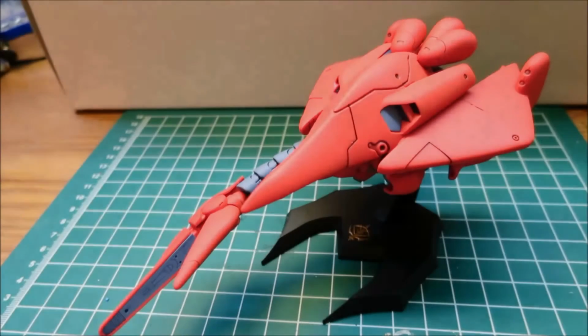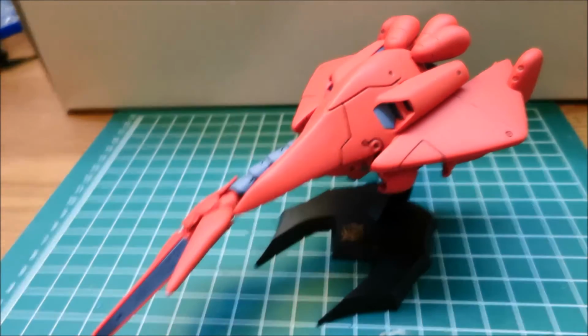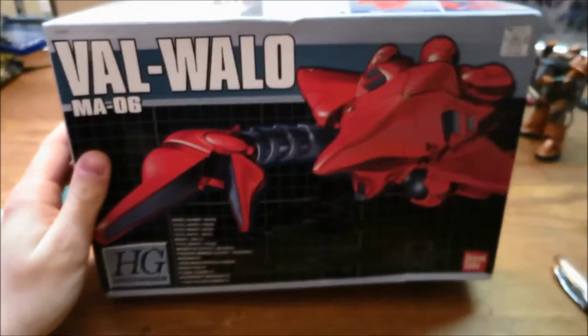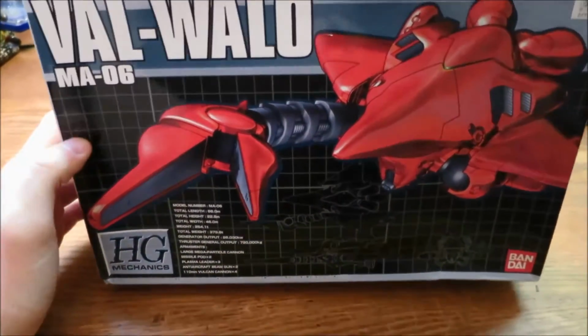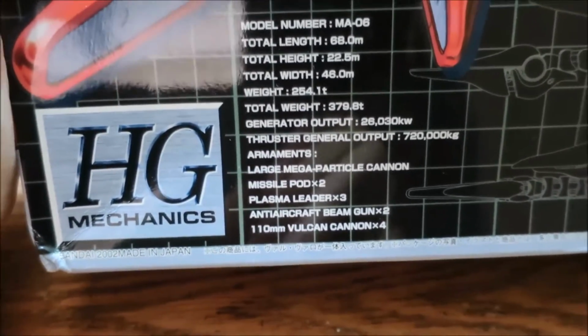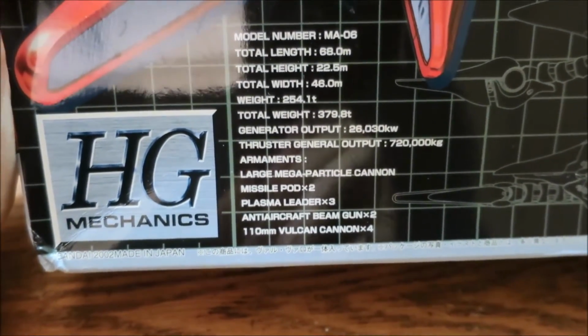Hey guys, we're going to take a look today at the High Grade Mechanics 1/550th scale Val-Walo. So first off, we're going to take a look at the box here. This comes in your average HGUC box. You've got the Val-Walo MA06, all the usual technical information there: model number, total length, weight, height, all that